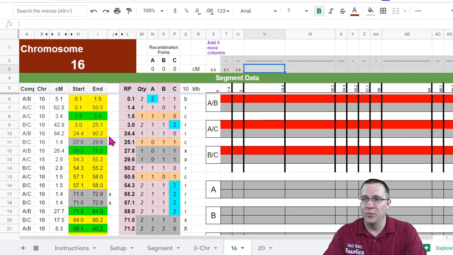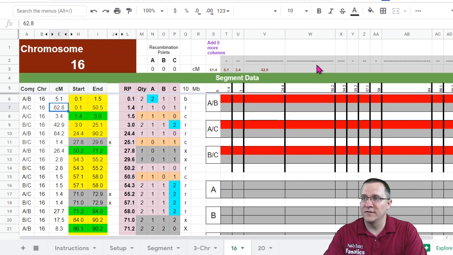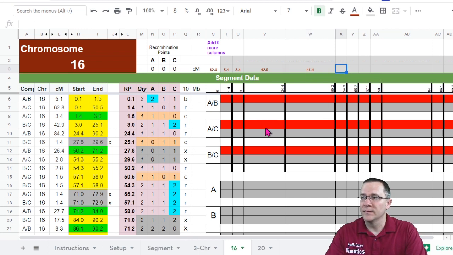Let's see here, 24.4. We got a 24.4 right there, and 24.4 is merged with 25. That's going to be 42.9. 24.4 to 50. Well, we've got this 62.8, and that's going to be 11.4. 54. So 50 to 54 we don't have, but 54 to 55 we do, is 2.8, and 57 to 58 is